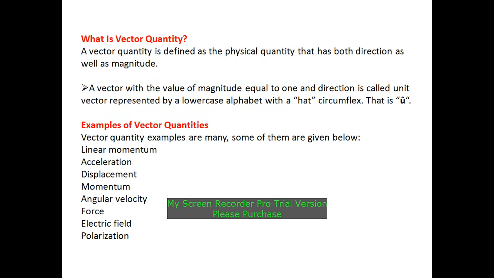Then vector quantity. A vector quantity is defined as a physical quantity that has both direction as well as magnitude. So a vector quantity has direction and magnitude both. Various examples of vector quantities are linear momentum, acceleration, displacement, angular velocity, force, electric field